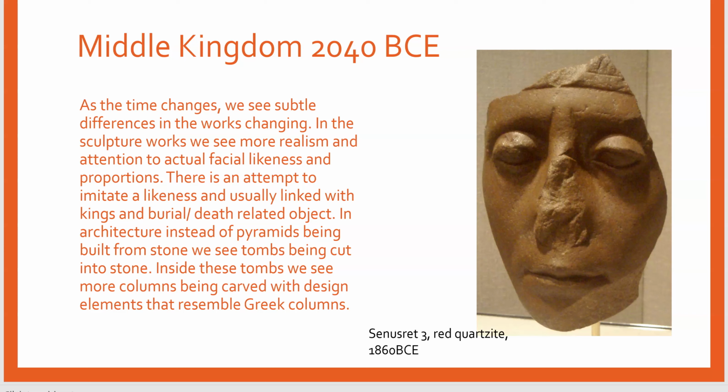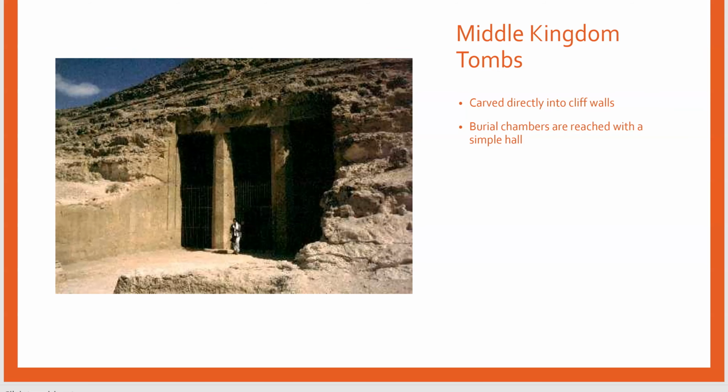So we see these inside of tombs, cut into the stone, right, being carved, and with that, we're also seeing some other architectural elements. I mentioned there are things like the columns and such, and we'll look at those. Now, there's also this misnomer that we always have had pyramids. The Egyptians just used pyramids, and in our mind there's just pyramids all over the place. Well, that's not true because of the resources and the time it takes to make those.